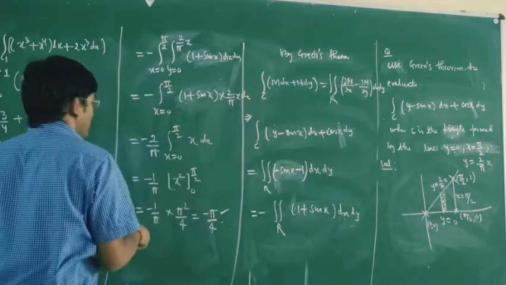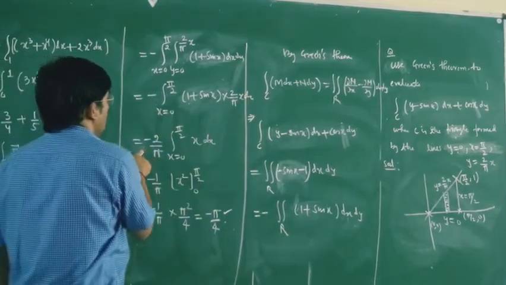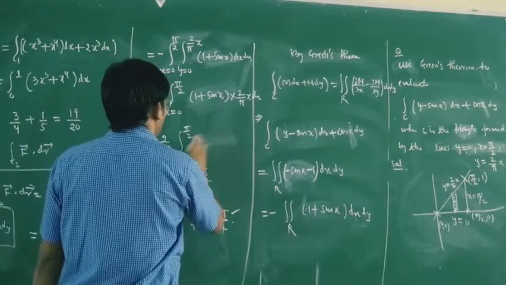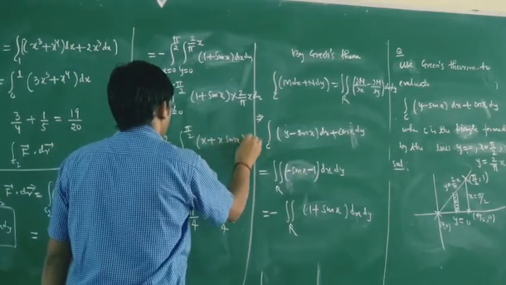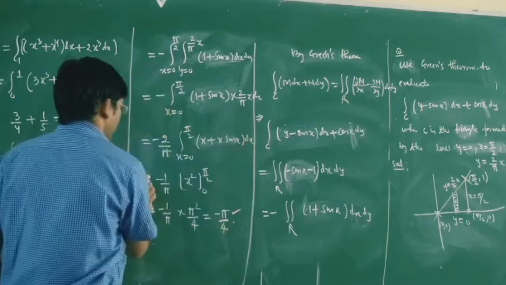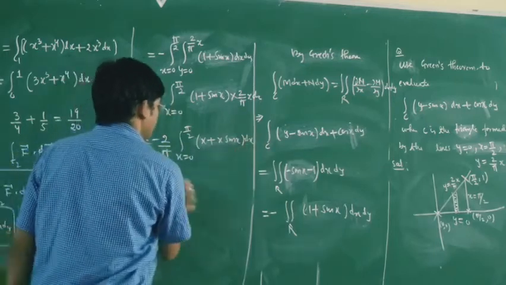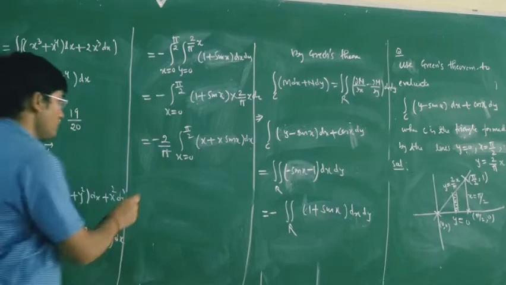So this 2 upon pi will come outside. So this is your minus 2 upon pi, and in the bracket we will have x into x plus sin x, and then the integration with respect to x. Now let us integrate this bracket. So the integration of x will be your